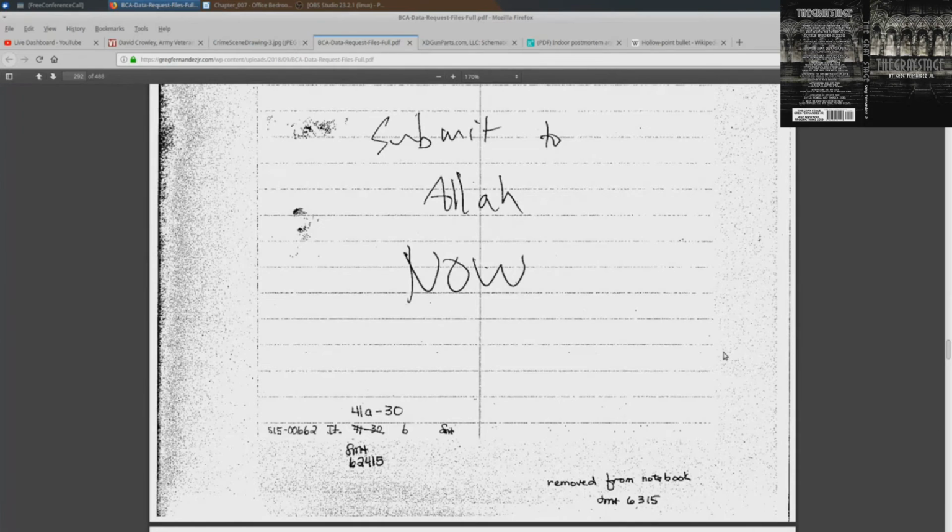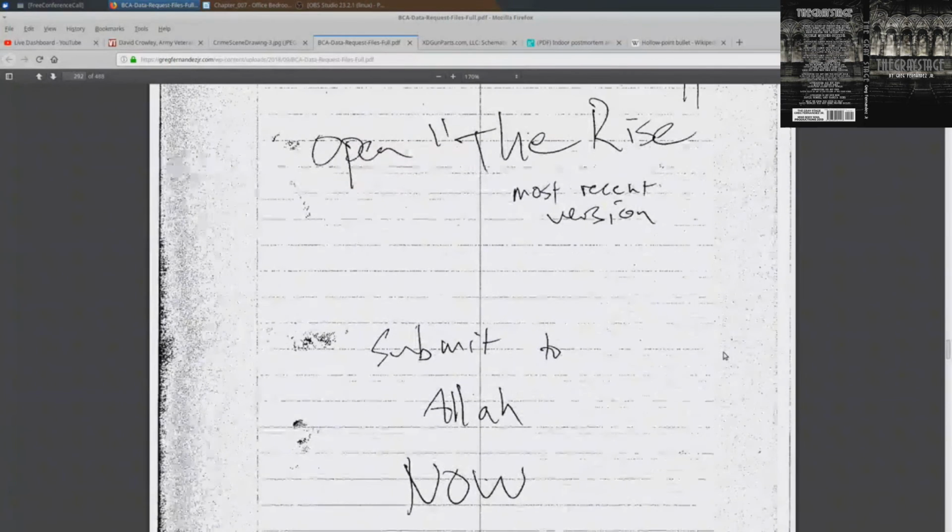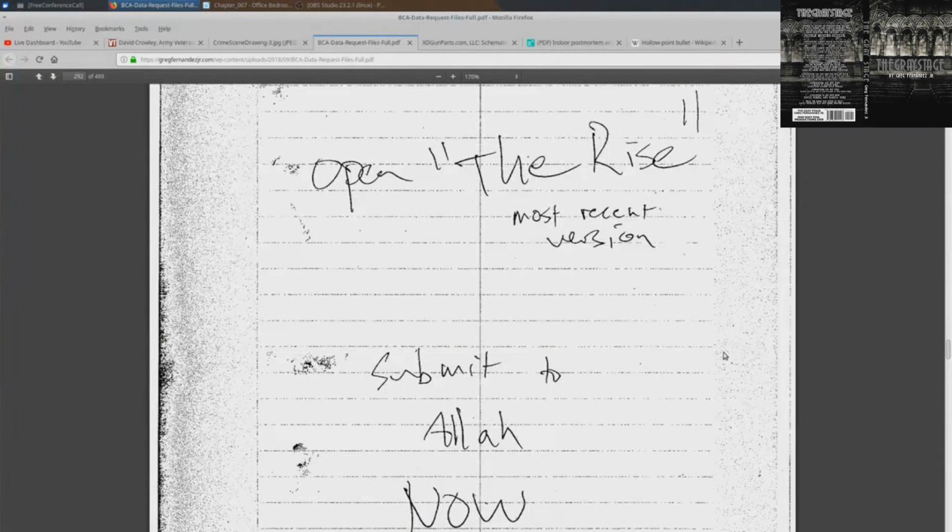The left hand detail on the crime scene photo is actually really good. You can actually make out prints on the JPEG on the crime scene photo. Oh, really? Yes, it's BCA 5095.